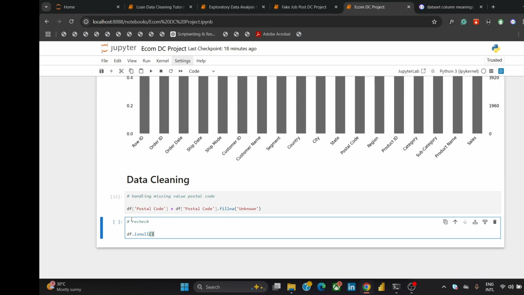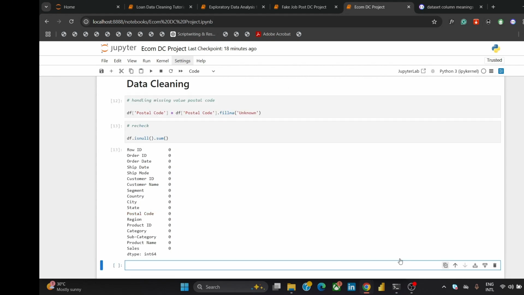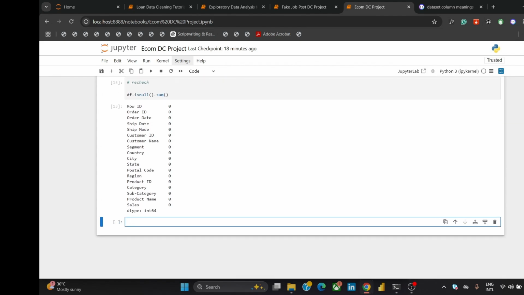df.isna().sum(). Now let's go ahead and run this. Okay, so as you can see, we have actually handled our missing values in our postal code. Okay, now the next thing I want us to do is I want us to go ahead and fix our